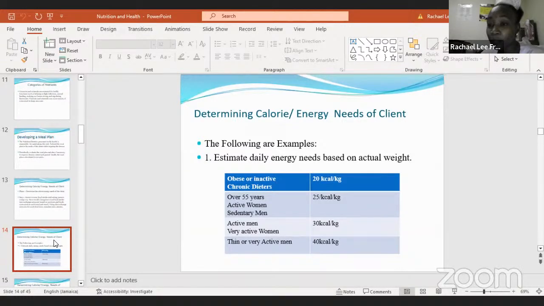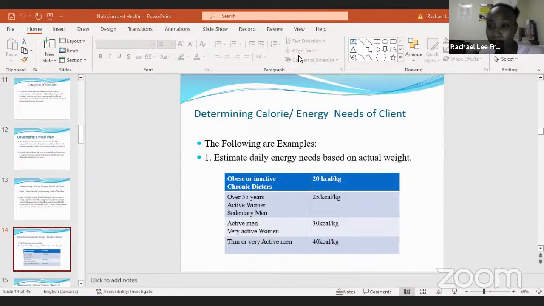because this person is already carrying a lot of fat, based on the fact that they are obese. So you would have to limit the amount of kilocalories per kilogram. So it's based on the body weight. This is per kilogram; that's how you would measure it. Now for the person over 55 years,